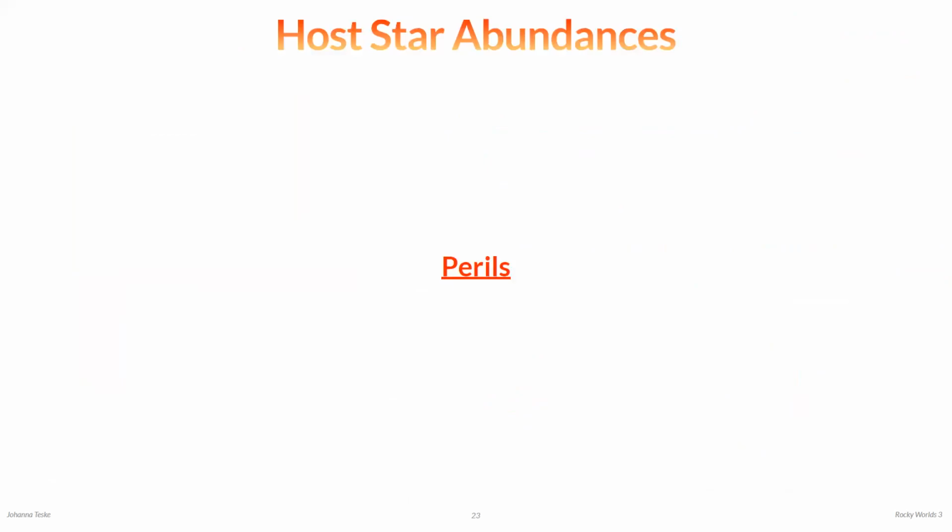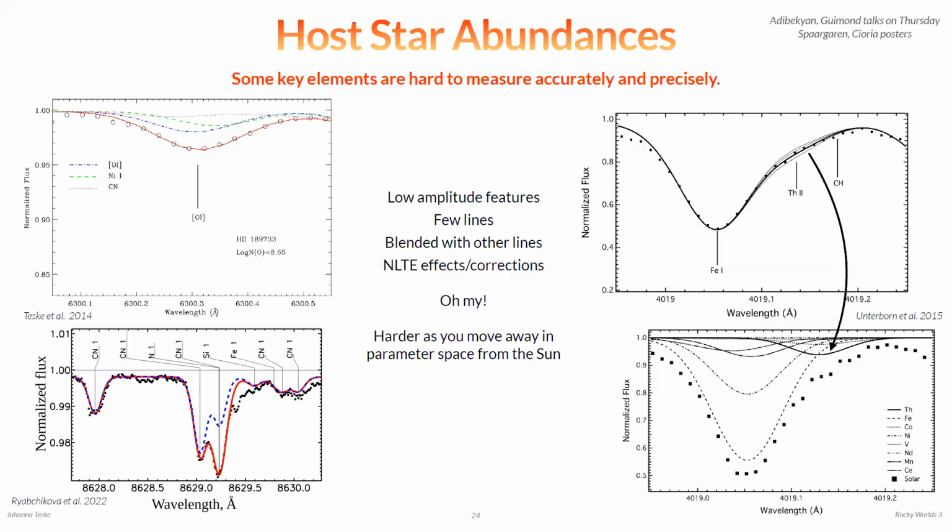All right, very quickly, host star abundances. This is where I've done some work in my thesis. I don't really see a way to get around this peril besides just getting more high resolution and high signal to noise data. Some of these lines and stellar abundances that we're really most interested in are weak. They're blended lines, so you really have to be careful about how you're constraining the abundances of the other elements that are contributing to, for example, this forbidden oxygen line. There can be NLTE effects,